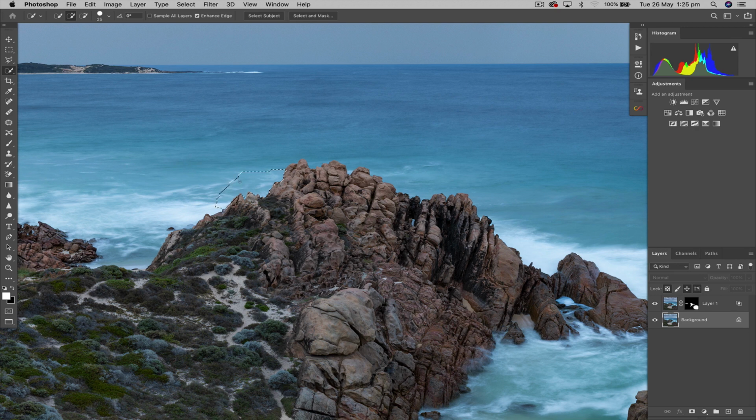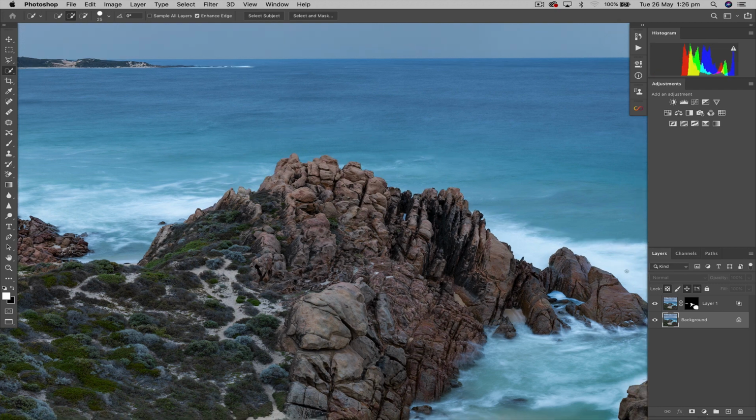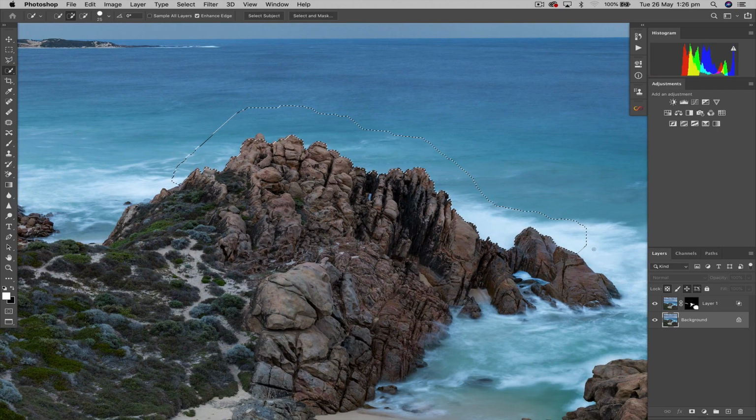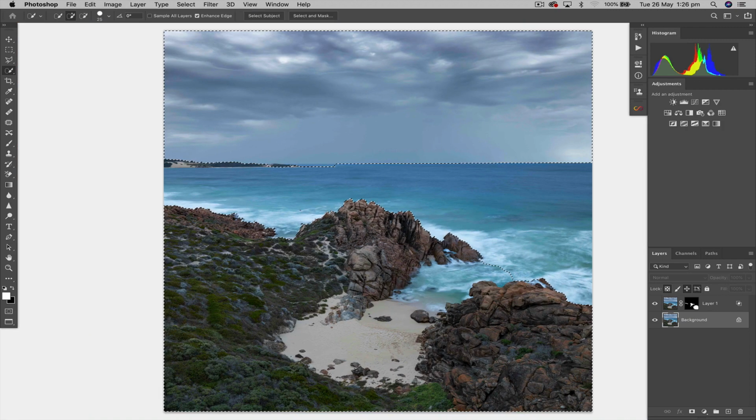and just select those rocks, or the outside of those rocks. It's doing a reasonably good job, like so, and a little bit more there. And then hold down the option key and just click where you want it to come back, and everywhere else looks pretty good. Pretty happy with that. I'm going to invert that, Command Shift I,